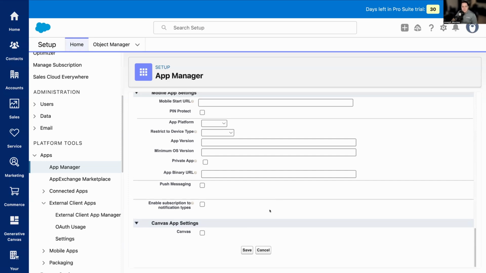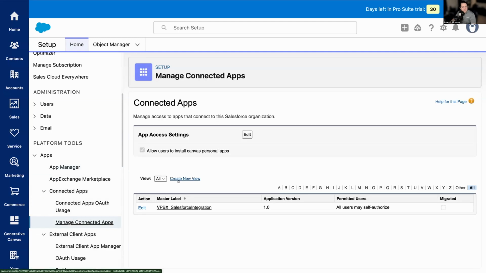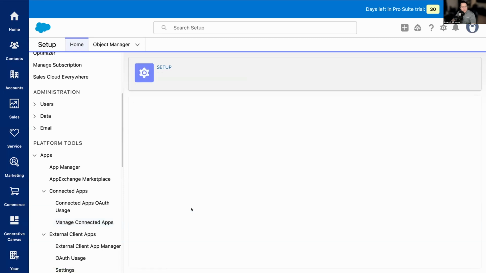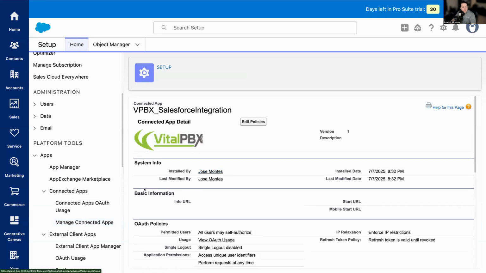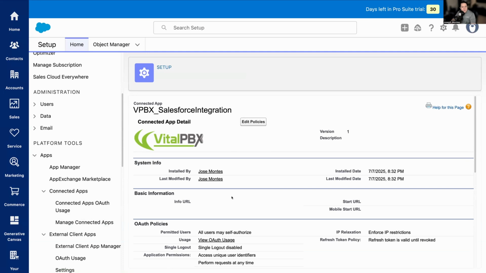Once you have that saved, you will need to wait about 10 minutes or so for the new app to be provisioned. Once you have that provisioned, you will be able to manage your connected app. Once again, I found this under apps and then connected apps and manage connected apps. And here, you will find,